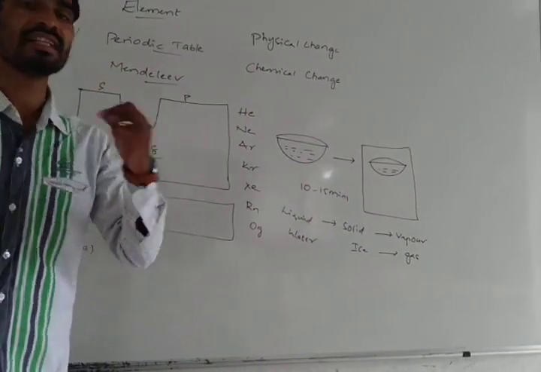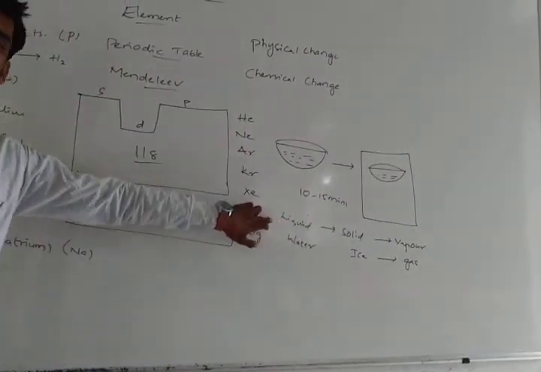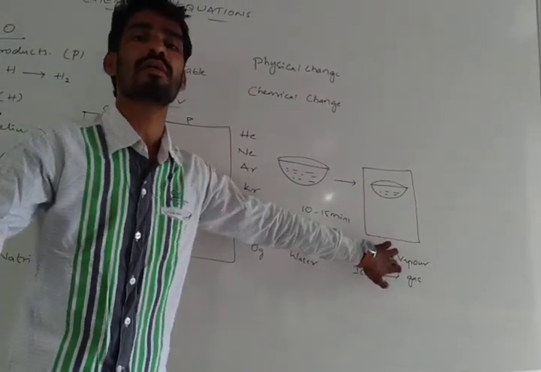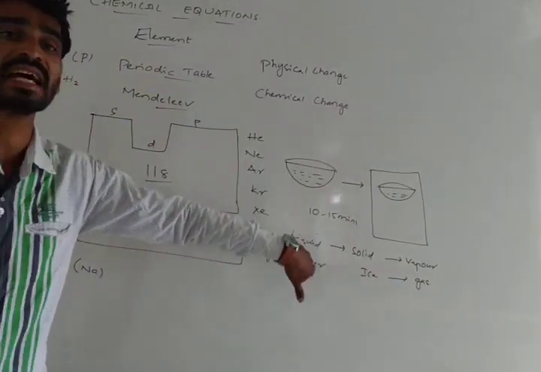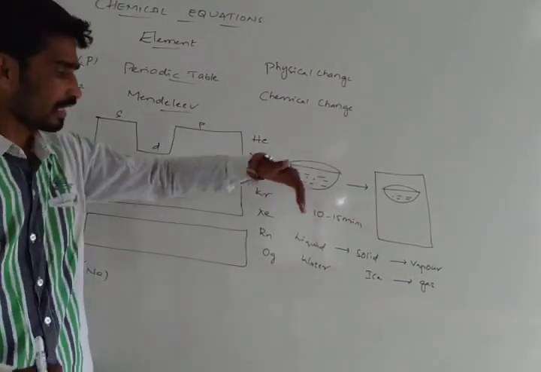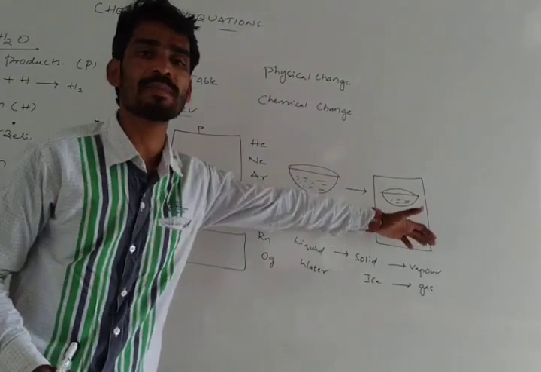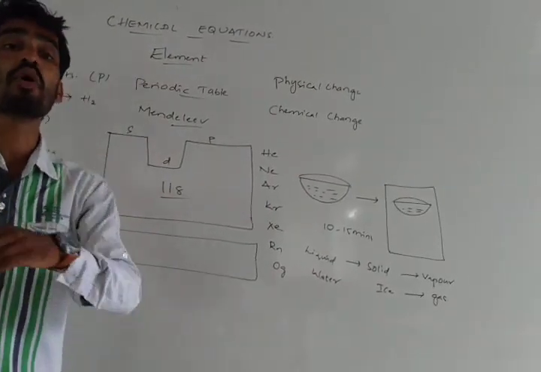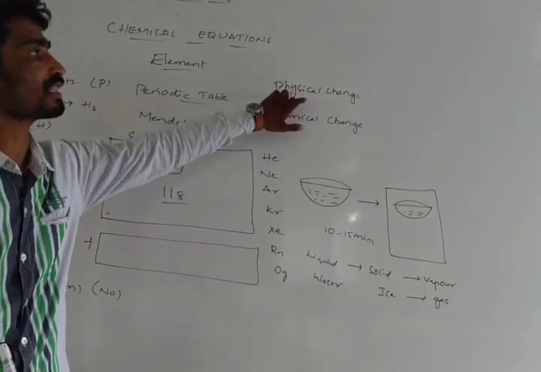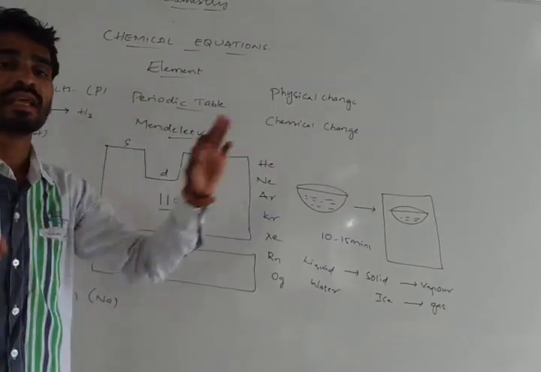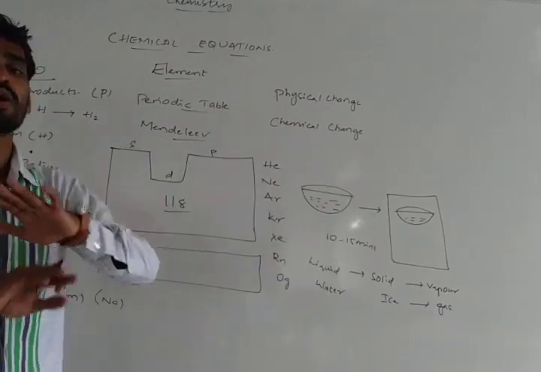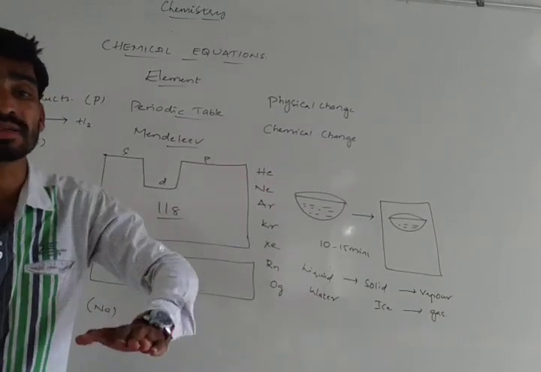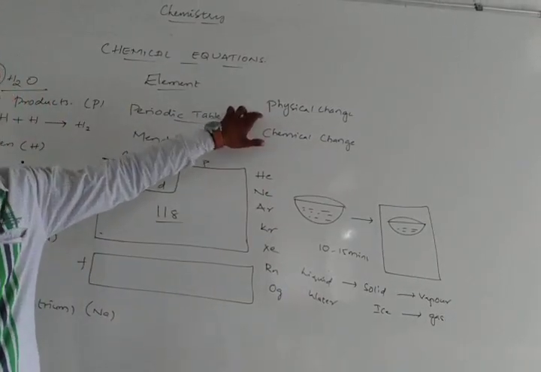So there is only a change in the state. In the liquid state, the same water molecules; in the solid state, the same water molecules; and in the vapor state also the same water molecules. There is only a change in the physical properties. The solid state, liquid state and vapor state interconversion is going to change, but no new products are formed. Such types of changes are called a physical change. No new compounds are formed, it is a temporary change and it is a reversible process. Such types of changes are called a physical change.